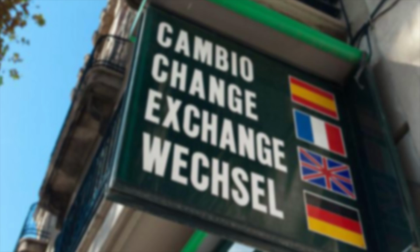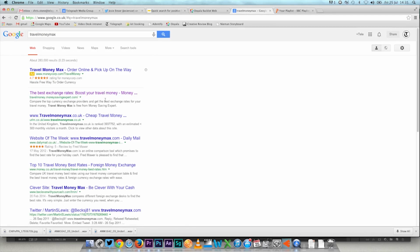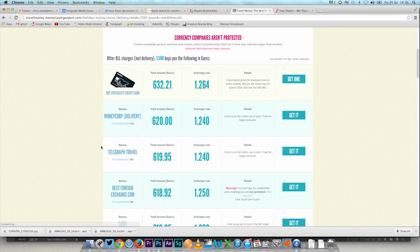But the best thing to do is to compare. Ignore spiel like commission-free, because often it's commission-free, yes, but worst exchange rates. You just simply want to know, I want to change £500 into euros, how many euros will you give me after all charges? And compare like that. And you can do this online in seconds, comparing online bureaux at